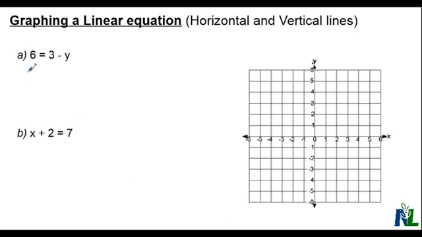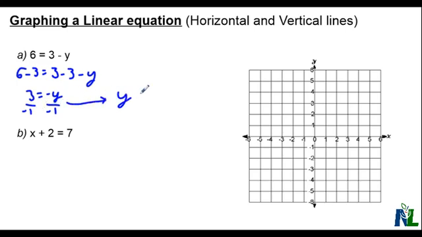So if I have 6 equals 3 minus y, well, I'm adding 3 to my y variable, so I have to take away 3 from both sides. So 6 minus 3 equals 3 minus 3 minus y. So these will cancel each other out, which leaves you with 3 equals negative y. Well, this is like having a negative 1 here. So in order to solve what y equals, I divide both sides by negative 1, which leaves me with